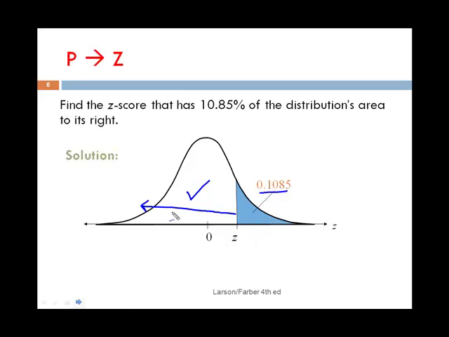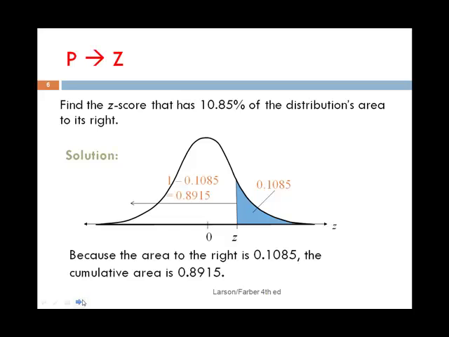So what do I have to do to find this probability that's on the left-hand side? Well, if you said subtract, you're correct. So let's go ahead and subtract the 0.1085 from 1. We get 0.8915. Now that's the value